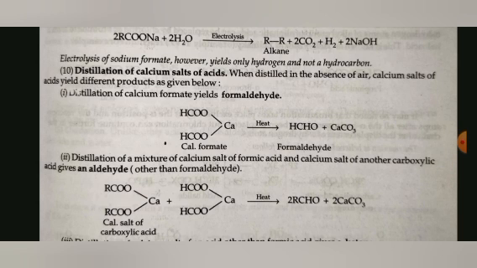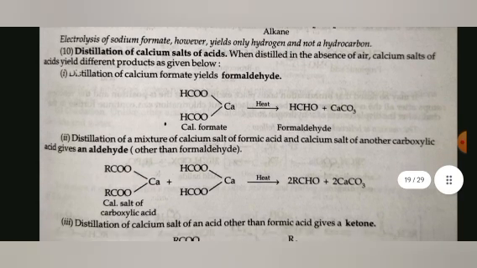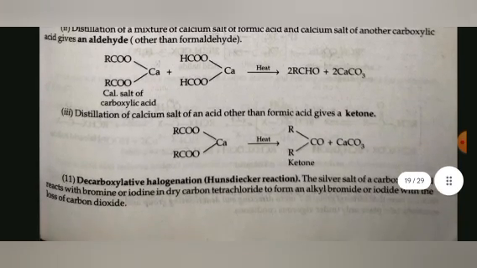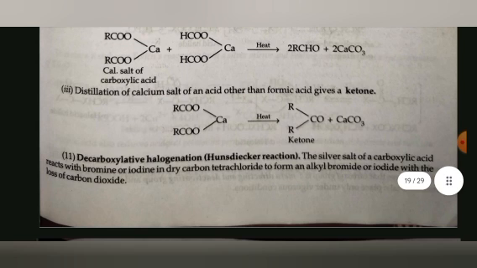Tenth is distillation of calcium salt of acid. When distilled in the absence of air, calcium salt of acid yields different products as given below. First, distillation of calcium formate yields formaldehyde. Calcium formate on reaction gives rise to formaldehyde plus CaCO3. Second, distillation of a mixture of calcium salt of formic acid and calcium salt of another carboxylic acid gives an aldehyde other than formaldehyde. Third, distillation of calcium salt of an acid other than formic acid gives a ketone. And 11th,